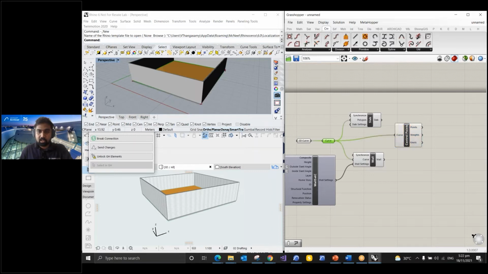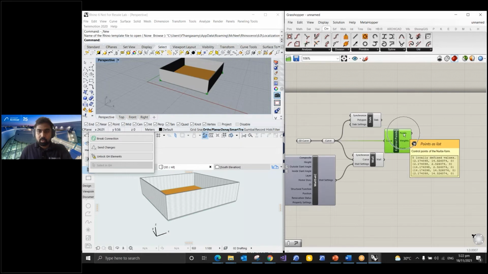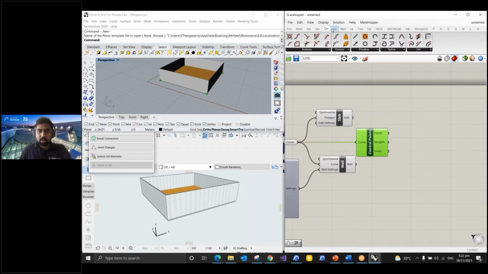Okay, so I'm just passing it to the curve, and then you can see when I select it, the corner points here become green in color. Okay, the four corner points get selected and they become green in color. Okay, so these are the point outputs that we are getting. So we need to place columns in that location, right? So again, we need to go to Archicad